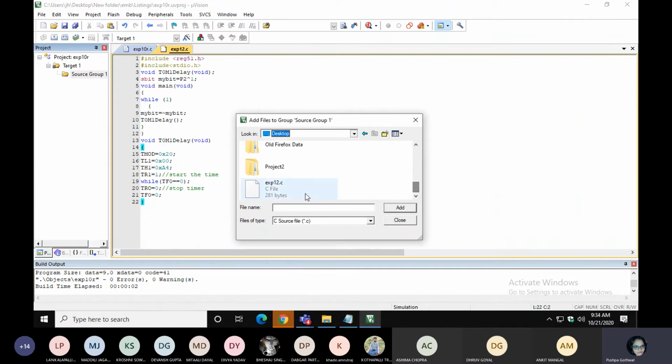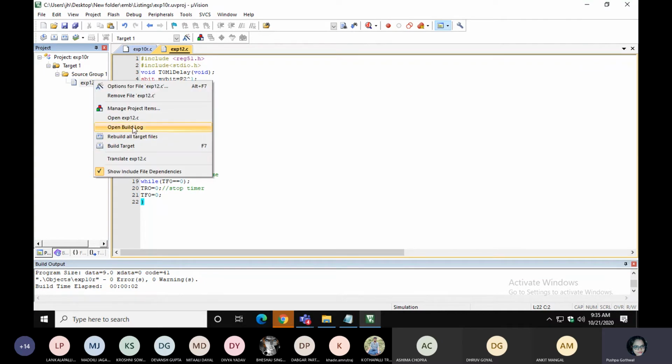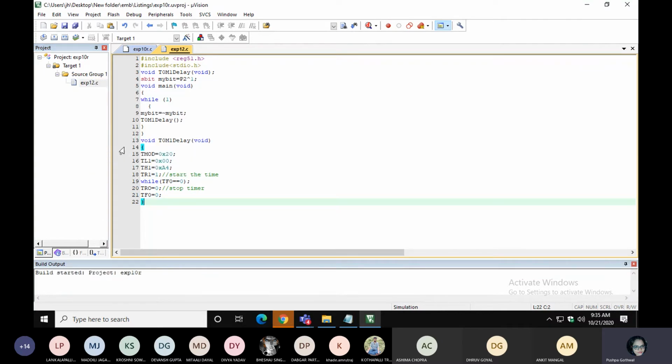My file should be this one, experiment 12.c. Add, close. Now this is my experiment 12, already open here. I'm compiling this code via build target to see what kind of error I'm getting. Yeah, target not created because TR0 is an undefined identifier.